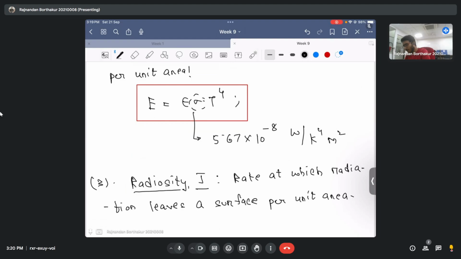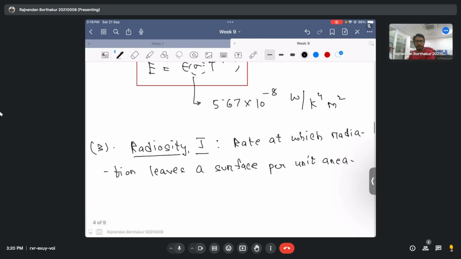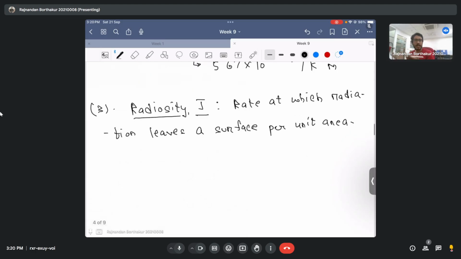Okay, so now at least you can understand that the radiosity, which basically says that the net radiation which leaves a surface per unit area, has something to do with the combination of the emissive power plus the reflected irradiation. Okay, and just by simply doing an energy balance now, you can directly show that for an opaque surface, considering that there is no transmittivity, or your transmittivity tau is equal to 0, you can show that for an opaque surface,